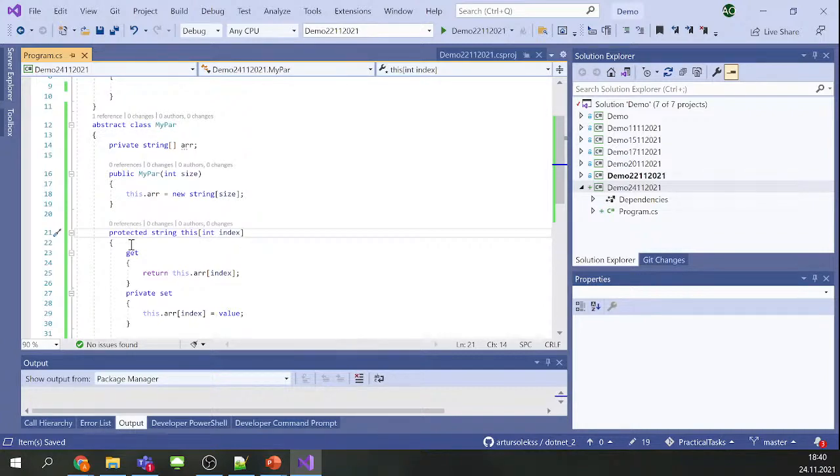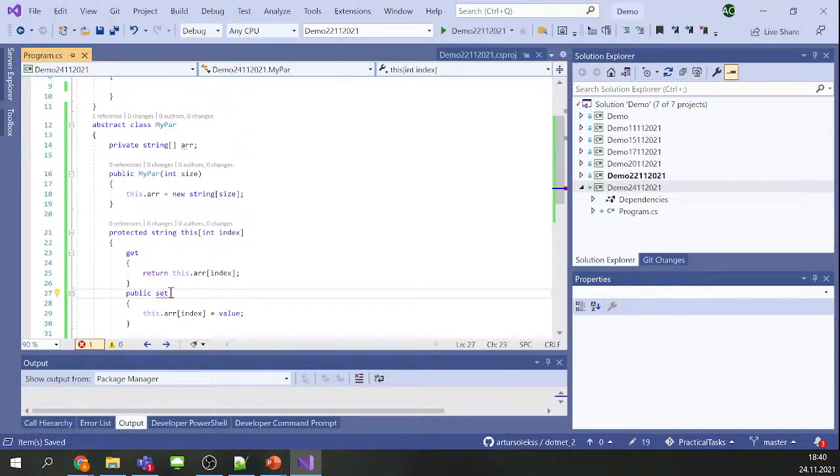Because all the attributes which can be accessed as protected can also be accessed as private, but not all the attributes defined as protected can be accessed the same way. So private is more restricted than protected. It means that if you set any access modifier inside the getter and setter, then it should be more restrictive, or if you don't set it, then it should be the same as protected. And it is obvious